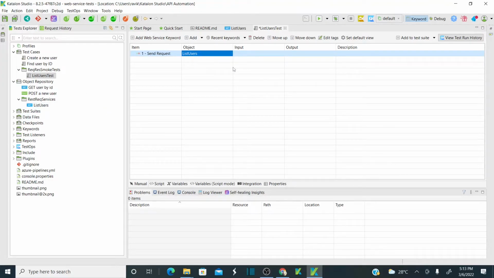Okay. And now what is my output? I want to store this output in a variable called response users. Okay. This is my response users. I'm basically storing the response of this particular request under a variable called response users. Okay. So now,